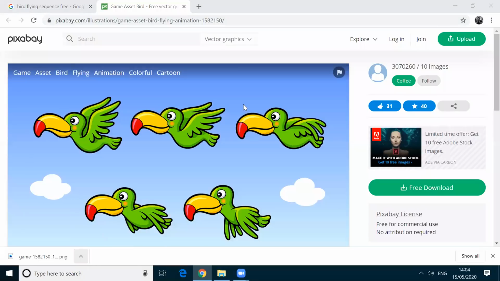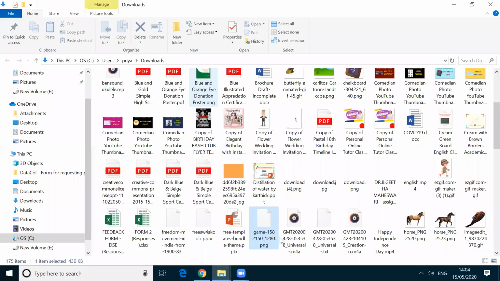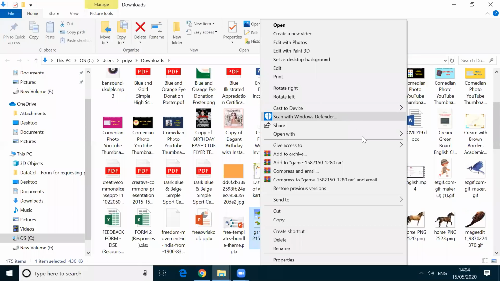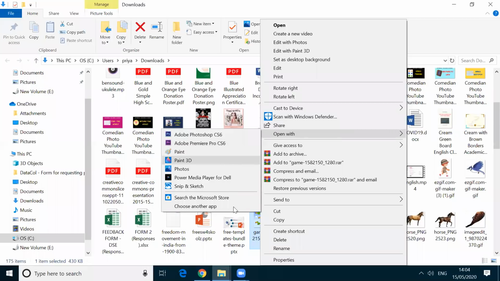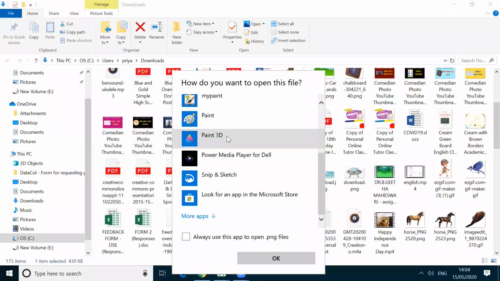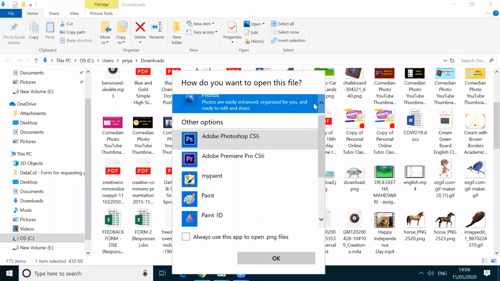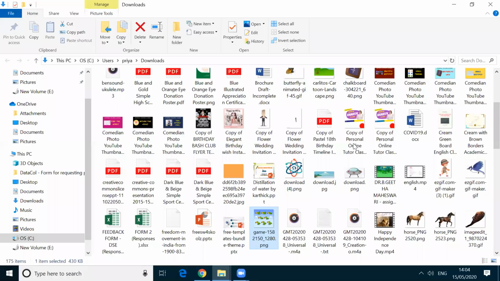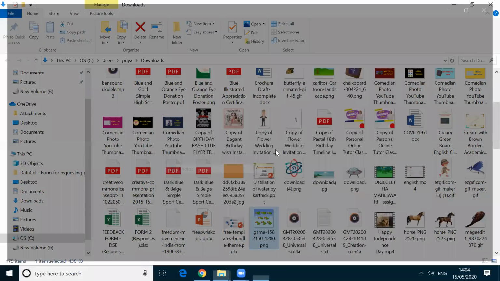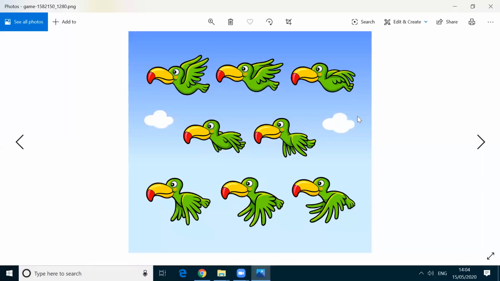Why I downloaded this image, right? Okay, I'm opening it. Okay, I'm previewing it. Okay, the photos. Now I have opened this image.